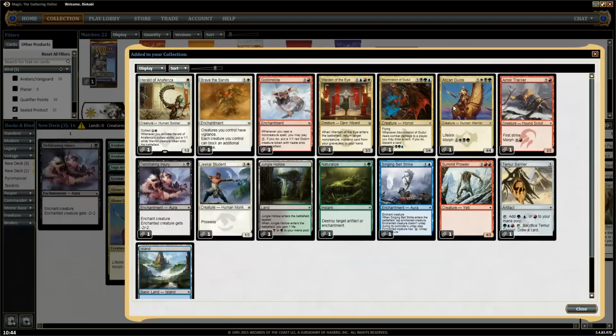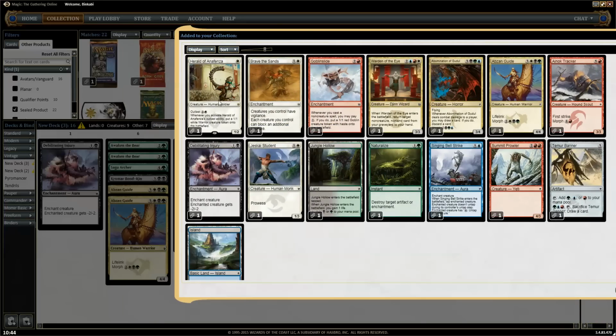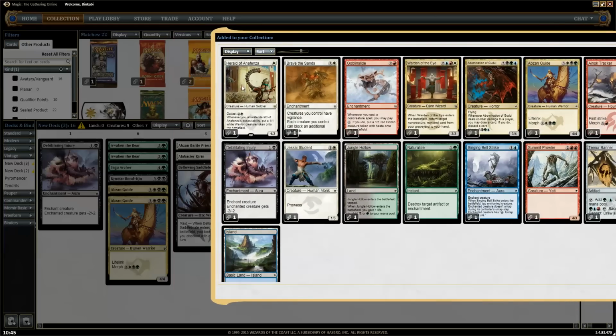Absent Guide is also a fantastic card. I think I would take Injury over it here because we have a decent amount of 3s. Bravery Sands is not a card, but we have opened a Herald of Anaffence, and that's just bam, exactly what we need. Something to do early. It has potential later in the game. It's just exactly the card we need. So I think my pick here would be Herald of Anaffence,